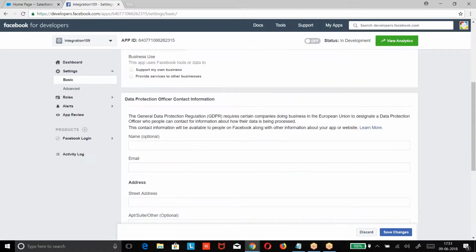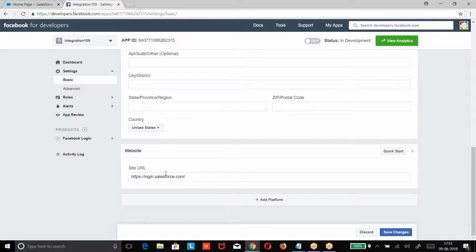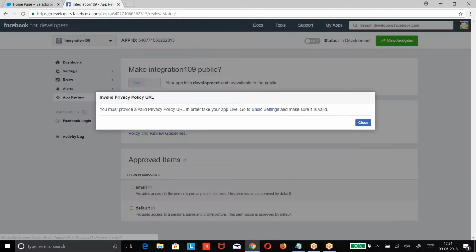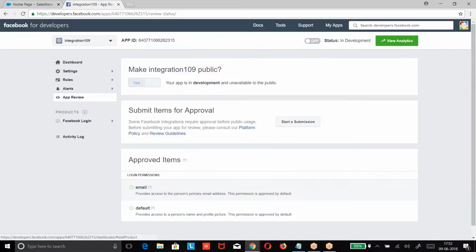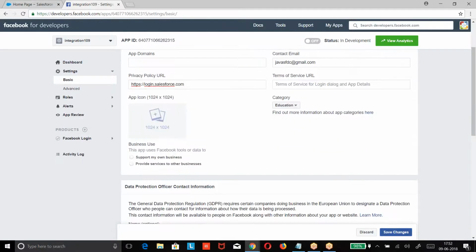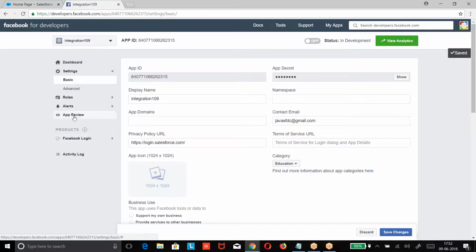Then save the changes. Okay. Then go to the app review.